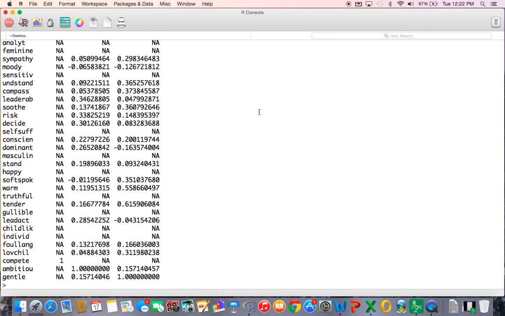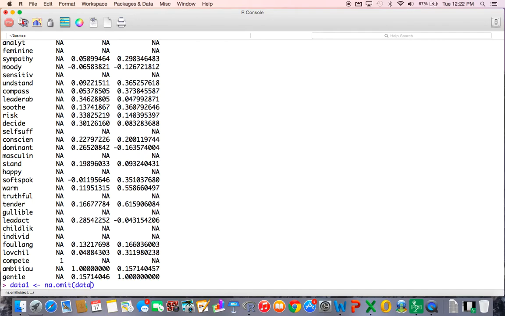Now, again, you could replace all missing data with the mean. I'm not going to do that. I think what I want to do is create data 1, and I want to omit all of the NAs from our original data set.